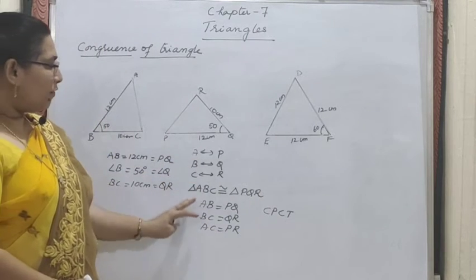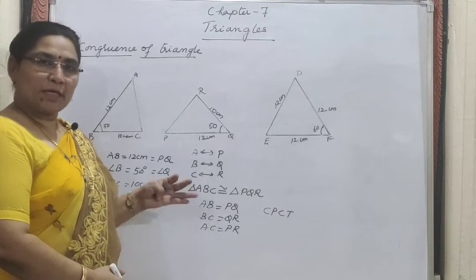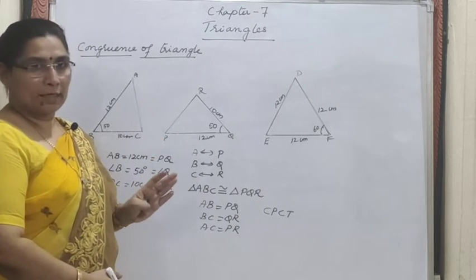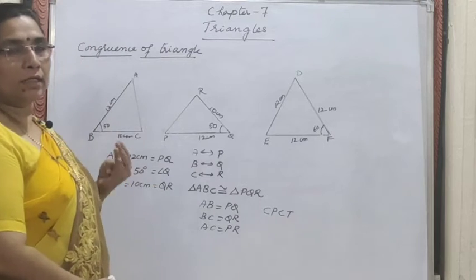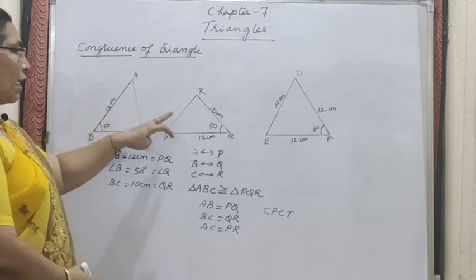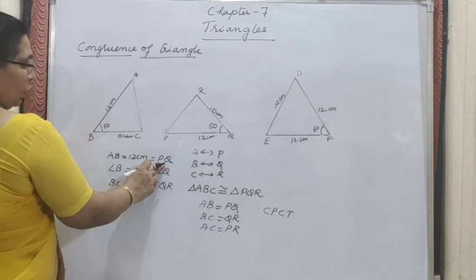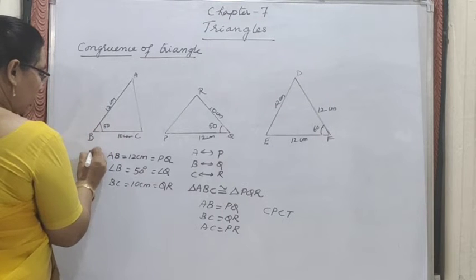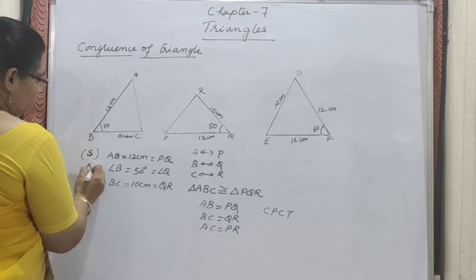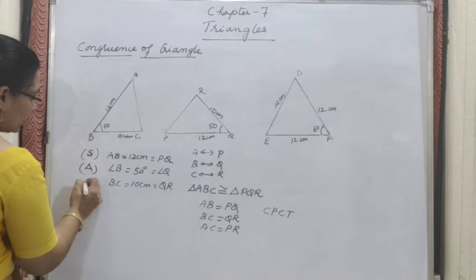Now what is the meaning of this criteria? I'll come back here. Always there is no need of checking 6 criteria for congruency. There are some exceptional cases. There are some helpful criteria for us. These are very helpful for determining whether the triangles are congruent. The first one is SAS. So already I have seen this example here. What we have seen here, AB equal to PQ, that is the side. We will write here side, and angle B equal to angle Q, it is an angle. And the next one is BC and QR, S only.